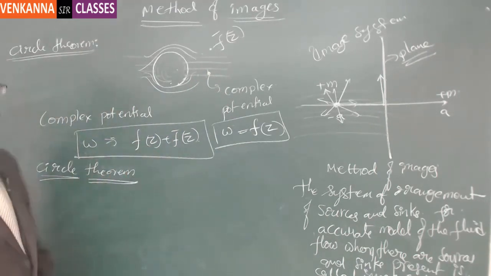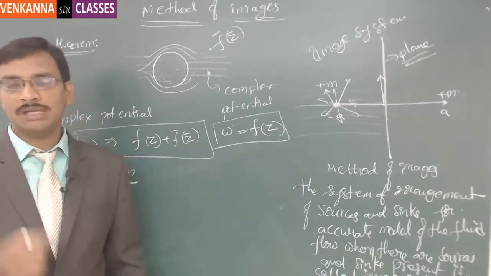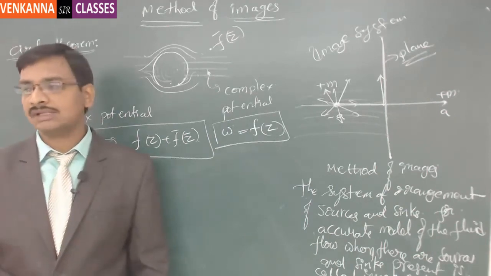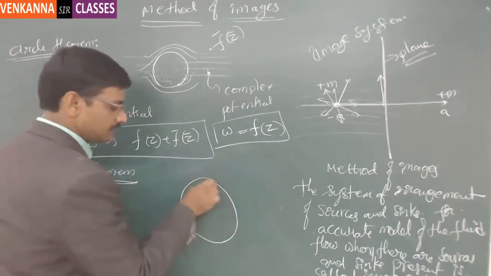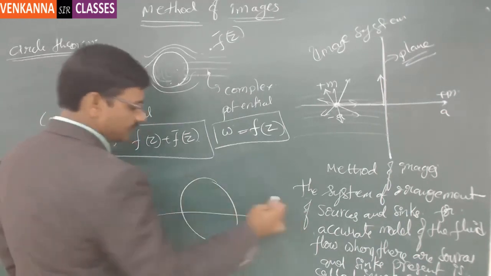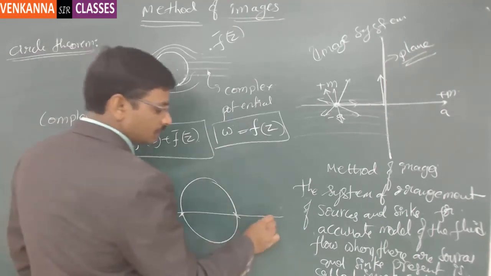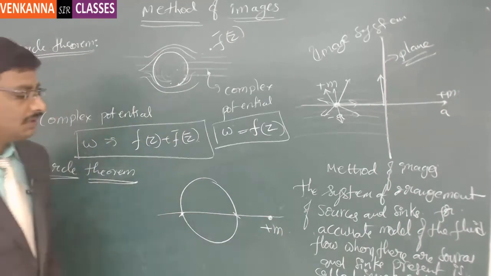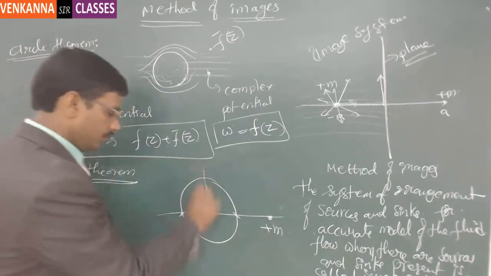Got it? So this circle theorem is useful for the analysis of the image system when there are sources and sinks in a cylinder. For example, if you take a cylinder like this, let us say this is the diameter. So from here to here, this is the diameter. I have introduced the source at this point of strength plus m. Now the image system of this will be